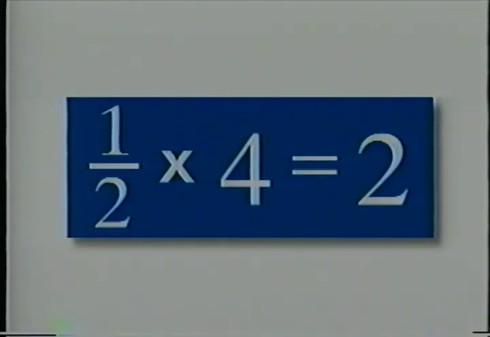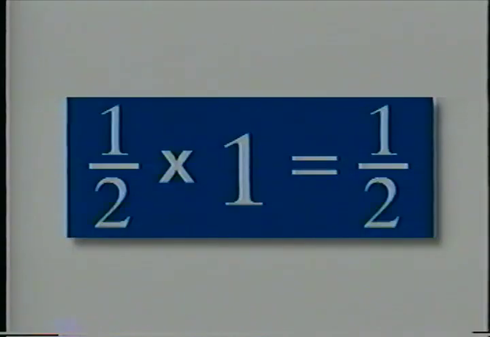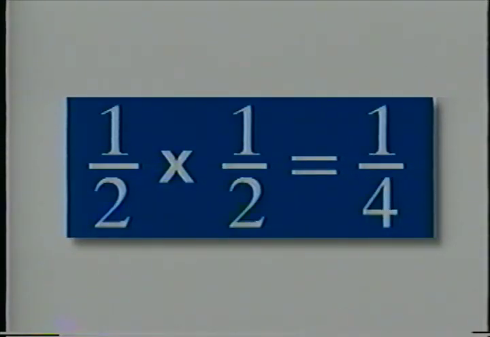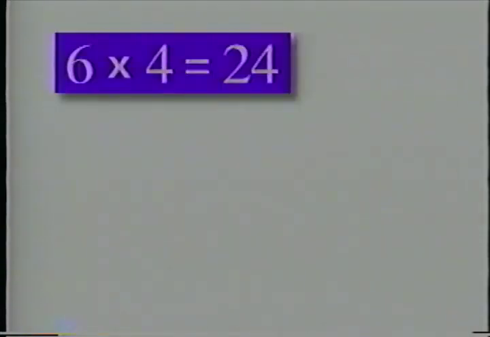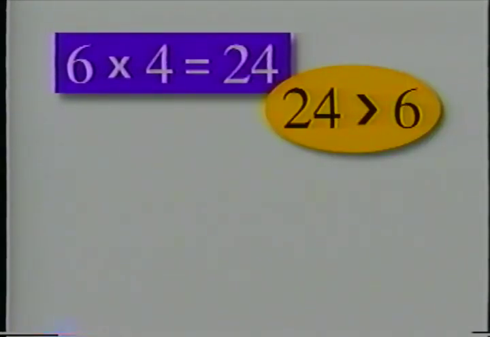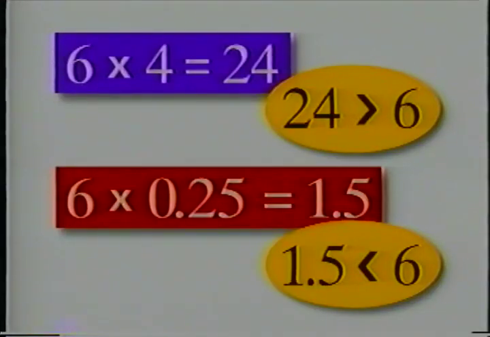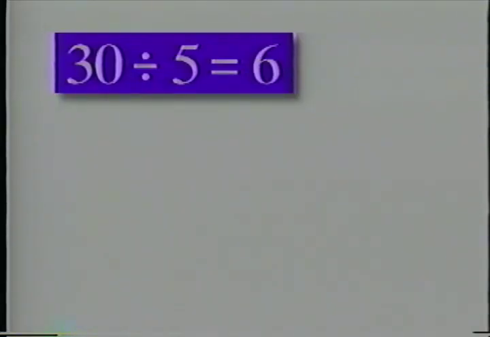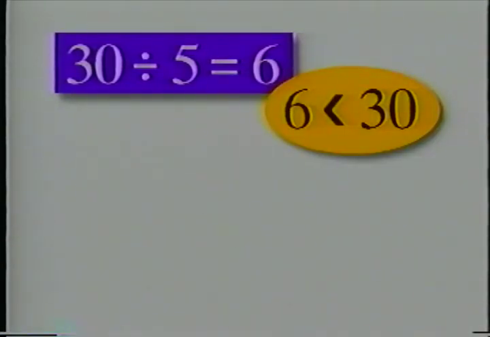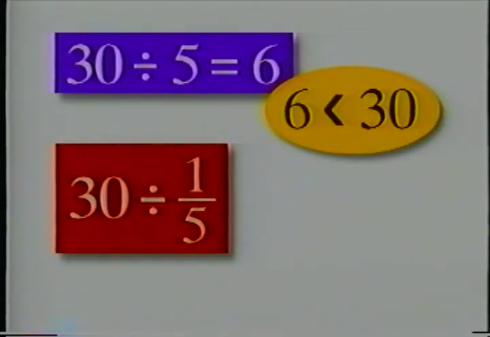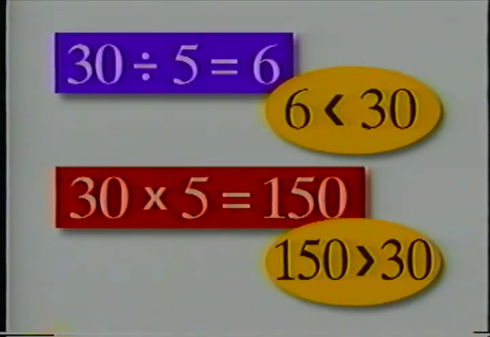It's not enough just to memorize rote formulas for addition, subtraction, multiplication, and division of ratios. What's more important is to understand what's going on. Whether you're working with fractions or decimals, you want to be familiar with the patterns that arise. Multiplying by a number greater than 1 makes positive numbers get bigger. But multiplying by a fraction, or a decimal, less than 1 but greater than 0 makes them smaller. With division, you get just the opposite. Divide by a number greater than 1, and the result is a smaller number than you started with. Divide by a fraction less than 1 but greater than 0, and you actually produce bigger numbers.